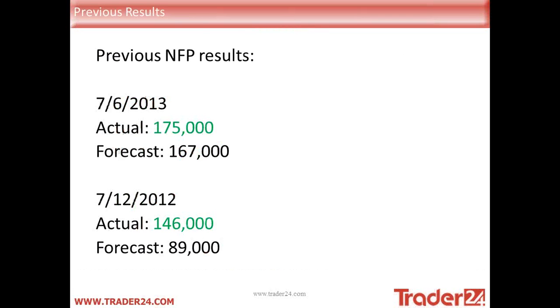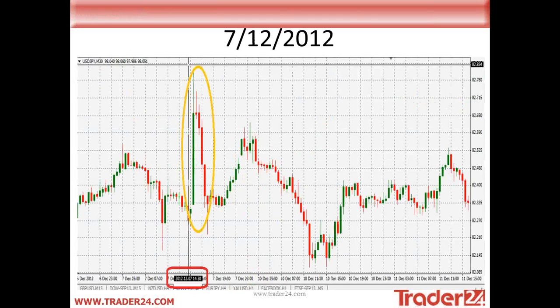If we go back to the previous NFP results, I'm now going to show you the effect that December's non-farm payroll report had on the markets. Actual results a lot higher than forecasted, so let's see the movement it had with the dollar yen. Here we go. A bit of a different situation this time around. You can see a clear spike here. It was such a good result. It spiked up hundreds of pips.